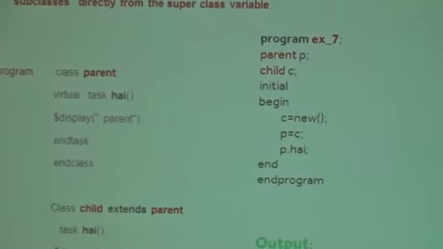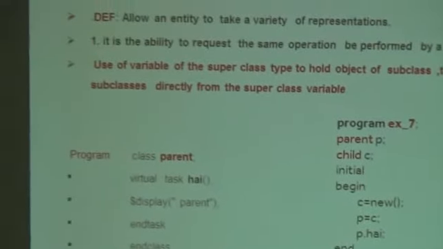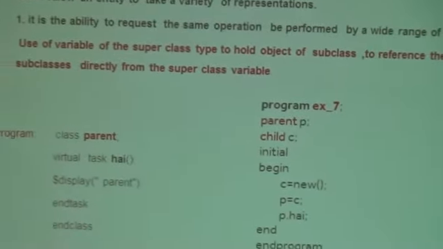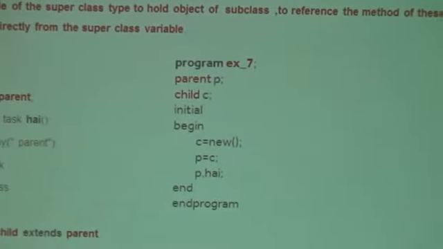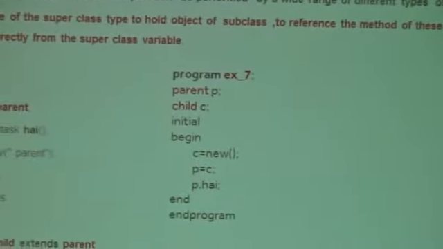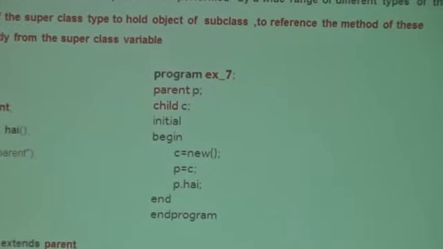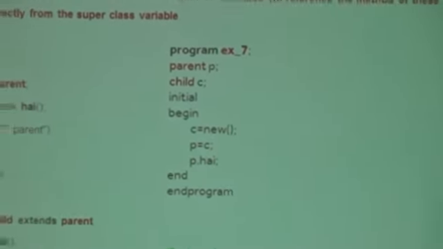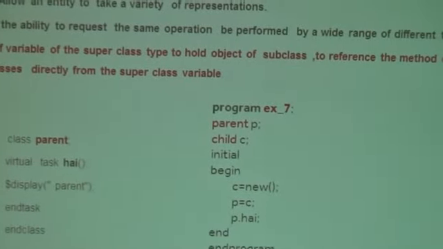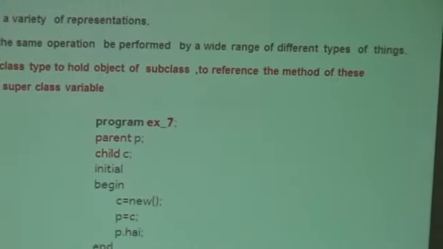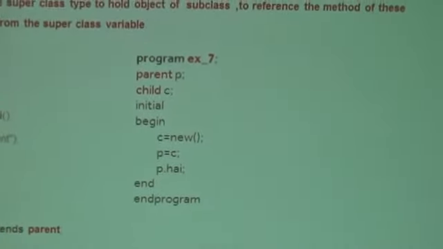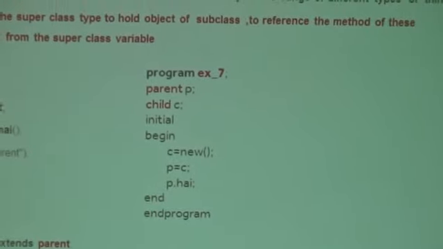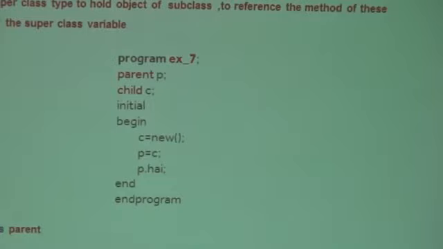Here if you are saying P equal to C, what is P here? I have explained within the red mark description: use of a variable of a superclass. If you have seen here in program example 7, I have declared parent P. Parent is my superclass, and P is the handle for it. P is a variable. Since I did not create memory for it, it is not an object handle. So P is a variable of the superclass. So using P, hold the object of the subclass. In the program, I have created an object for child C, C equal new. So when I said P is equal to C,